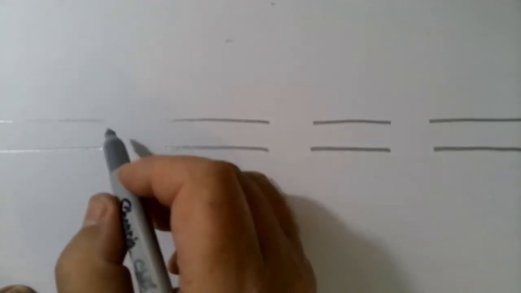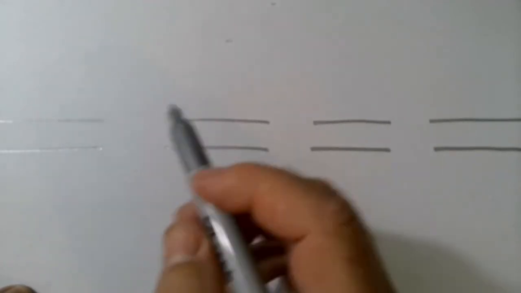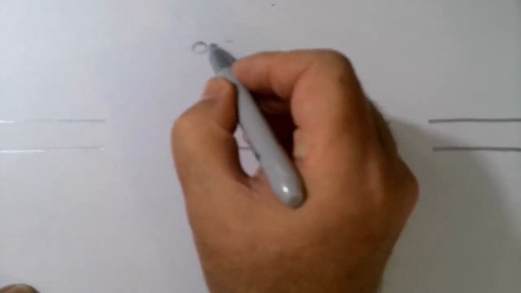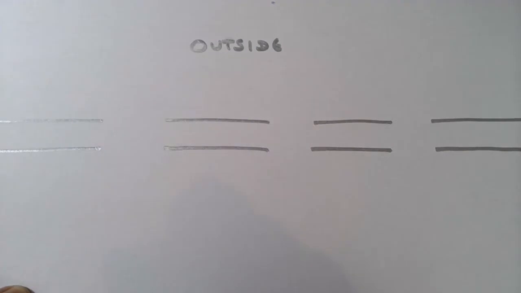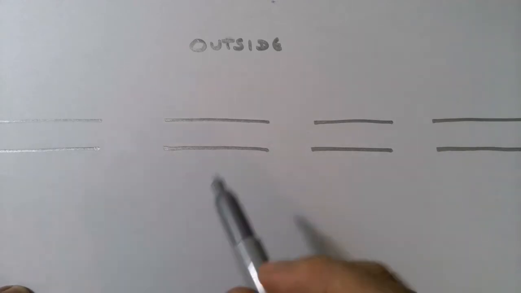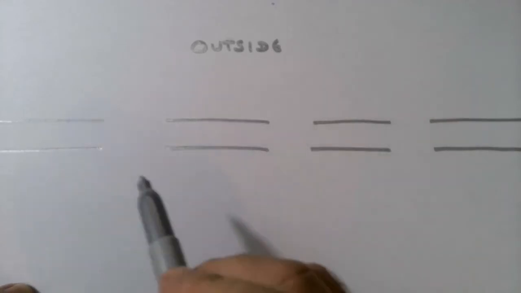Okay, let's decide what's outside and what's inside. So let's make this outside the cell. Outside the neuron. This is inside the neuron. And what we're going to draw now is some proteins that represent pumps or channels in the